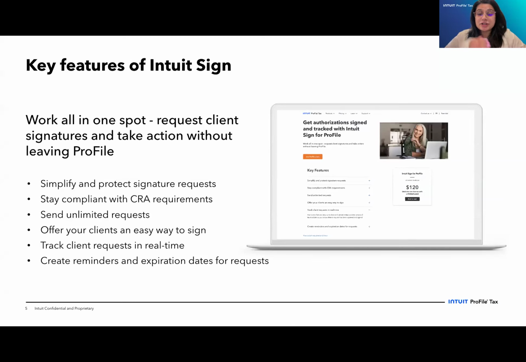So some of the things that we're going to be going over from a key feature perspective is that we're going to talk about Intuit Sign, having everything all in one spot, being able to request your client signatures and also quickly take action without leaving Profile itself. We've been hearing customers from last year really talking about, hey, I'd really like an e-signature solution that's within the tool, that's just utilized for tax purposes. We've heard from a handful of customers that the cost is astronomical for the different solutions that they're using. So we did launch this